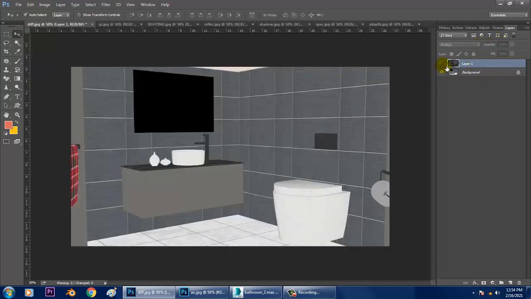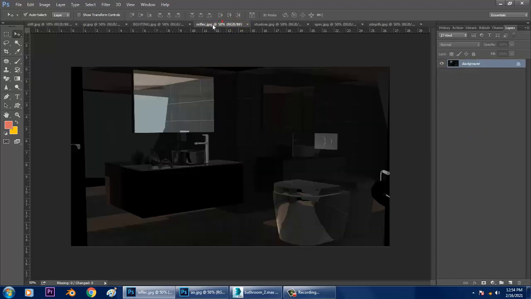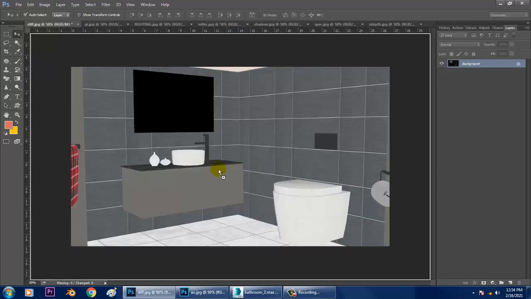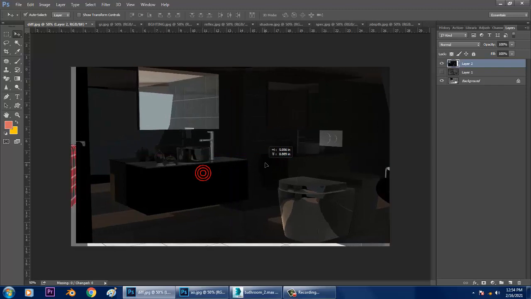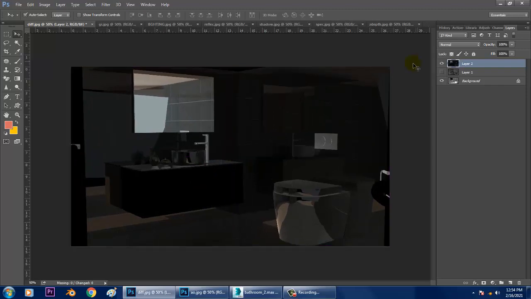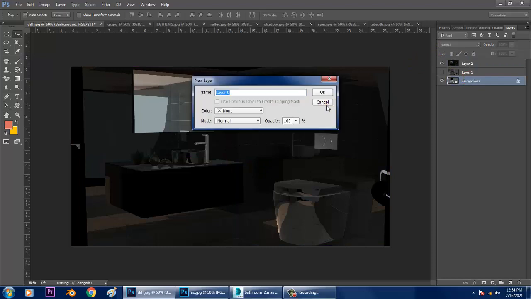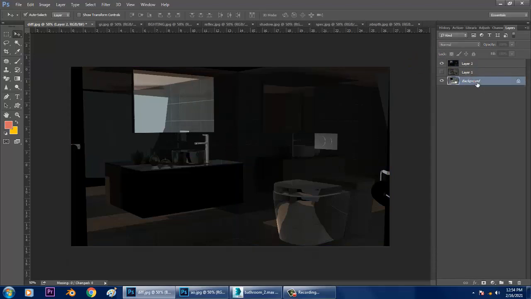I'll go with the reflection pass. Let's take a reflection pass over here. And you can rename those passes over here. You can just rename it.